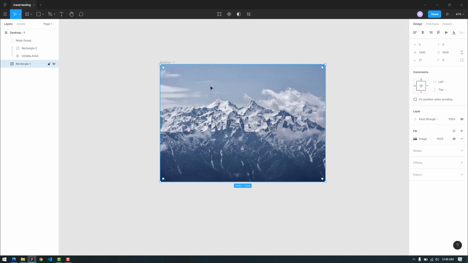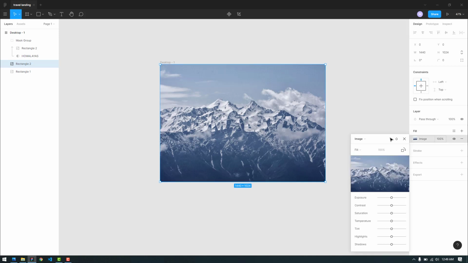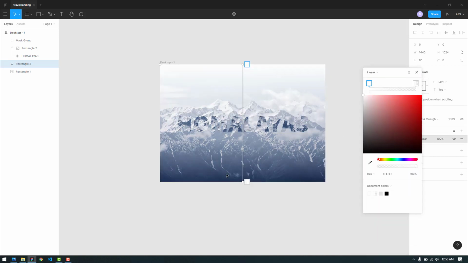So we are actually going to use another rectangle. I am going to press Alt and drag and drop this, so it will create a copy. This is rectangle 2 and the fill is image, so we are going to change it. Let's use a linear gradient, and for the bottom, this bottom end will be darker and the top end will be somewhat lighter.